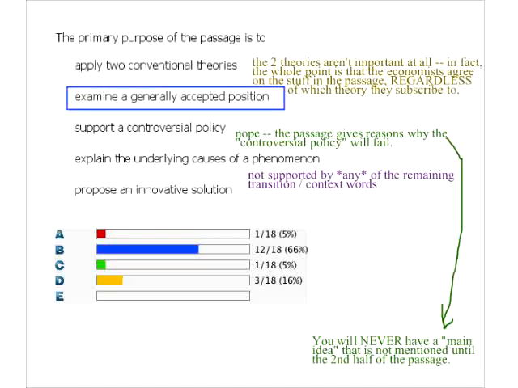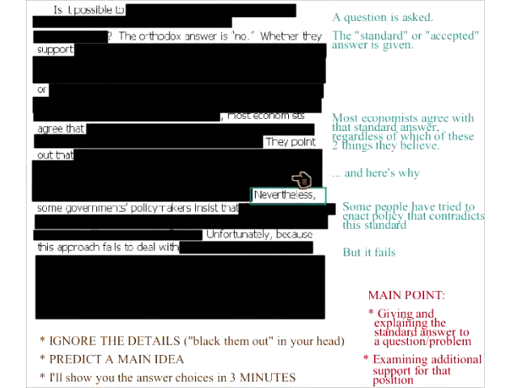If it's a long passage, there may be little chunks that are not part of the main idea, especially at the end. But it's going to be the whole thing. And if you bury everything as details and just leave these transitions sticking out, it should be very clear what the thrust of the passage is.